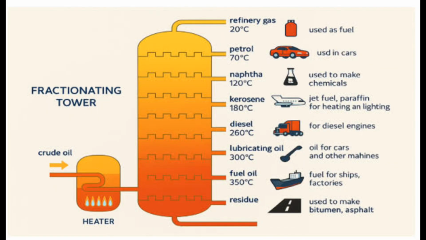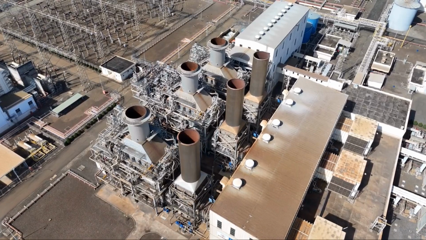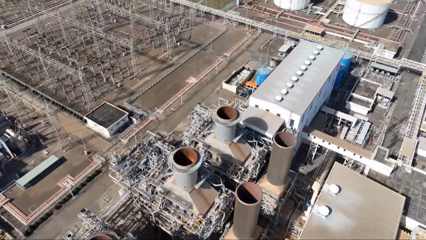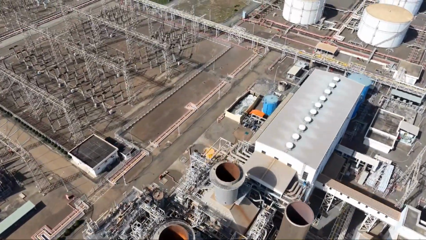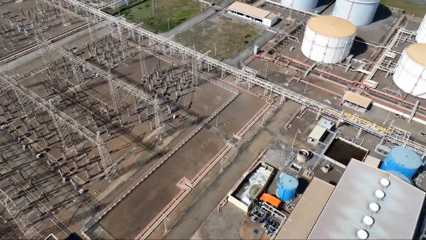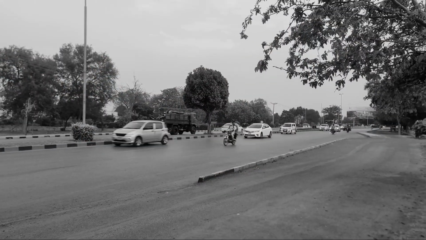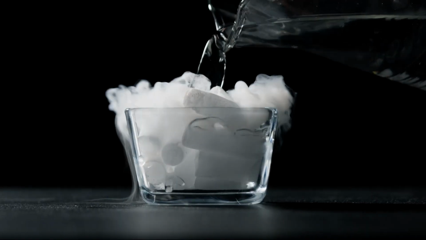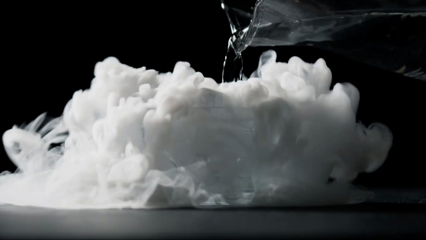In such a case, if the temperature is increased from 30 to 120 degrees Celsius, vapor will start to be produced again. Now, if we collect this vapor and cool it, we will get petrol or gasoline. What is called petrol in Bangladesh, India, Europe is called gasoline in America and Canada. This petrol is used as fuel for light vehicles like cars and motorcycles. After collecting the petrol, the steam will stop being produced from the crude oil.